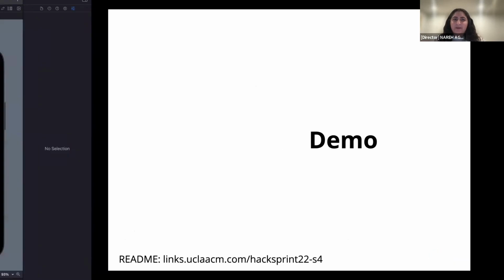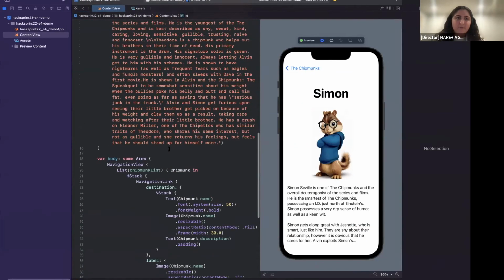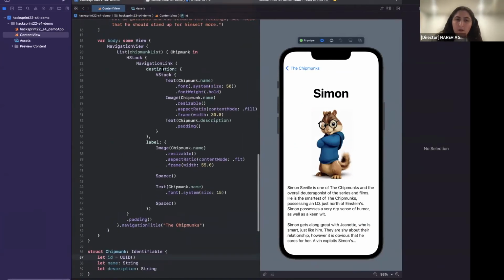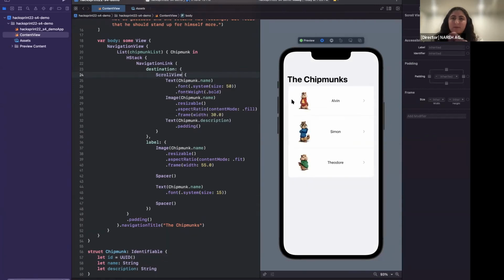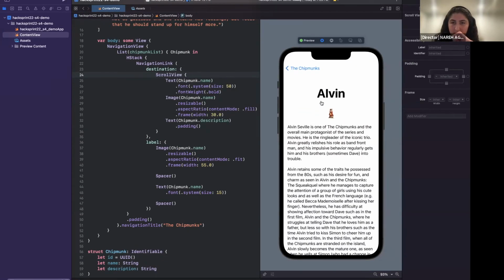So let's go ahead and apply that. There's really not much to this scroll view. So all we have to do is go over to where we have VStack and just change that to scroll view. And if we click here, now